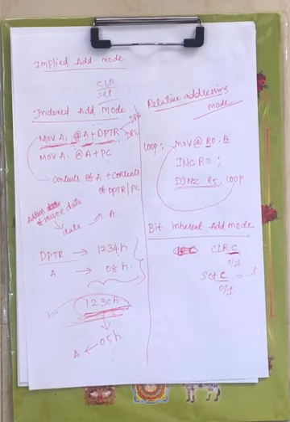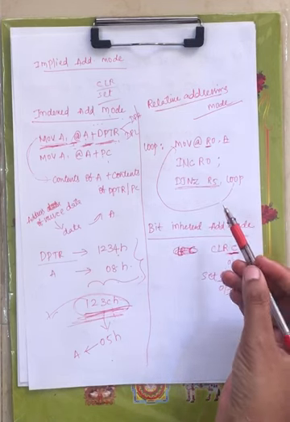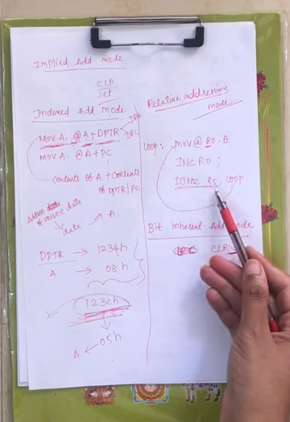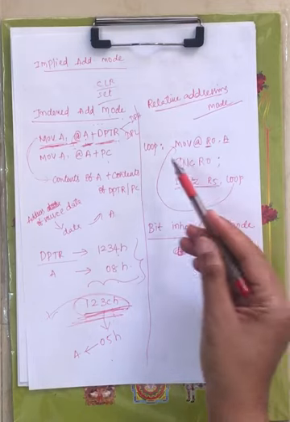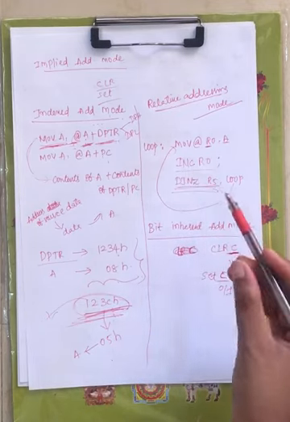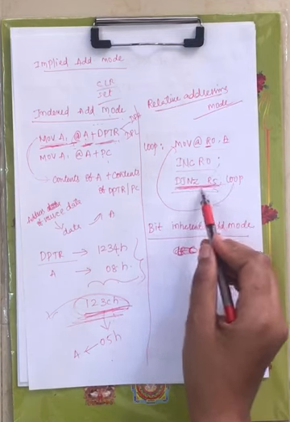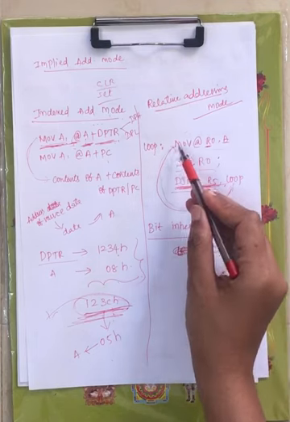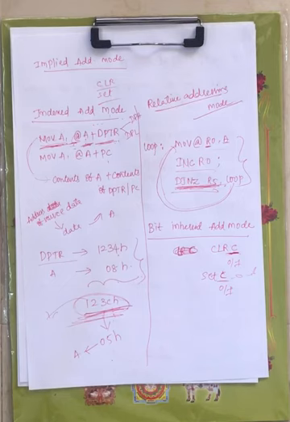Now coming to relative addressing mode. This relative addressing mode is used with conditional jump instructions in order to transfer the control from one place to another place, right? If I give an example, we have this set of instructions in a program. When it is executing this instruction, it will jump to this particular place. All this set of instructions will come under relative addressing mode.